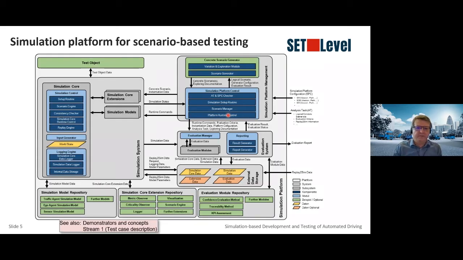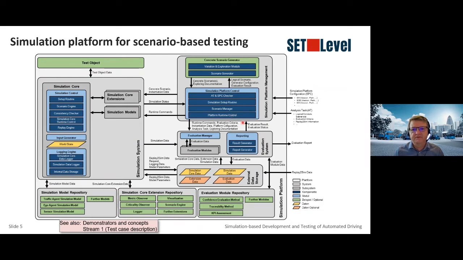Okay, so this is one dimension of the architecture regarding the simulation model itself, but on the other dimension we have a simulation architecture for the tool itself. So it makes work very easy, or much easier, if different tools have at least similar architectures, because as I mentioned already, you have a relationship between the scenario description, where you have to control the scenario somehow, and the simulation models that have to execute the scenario behavior that was described here. And this is a generic architecture we worked on at Z-level for the simulation platform.